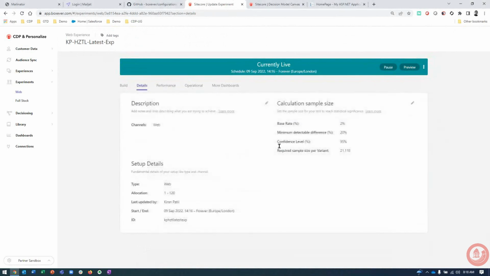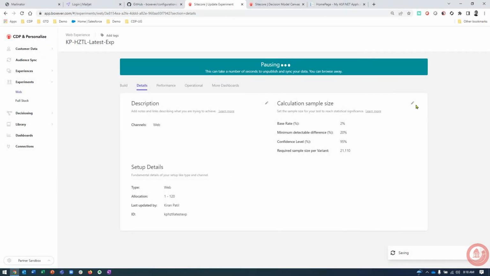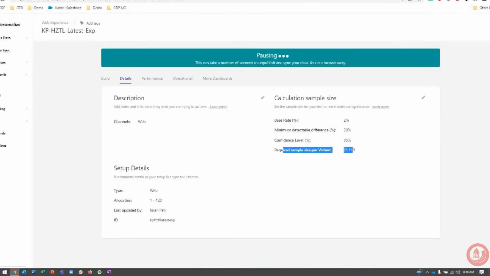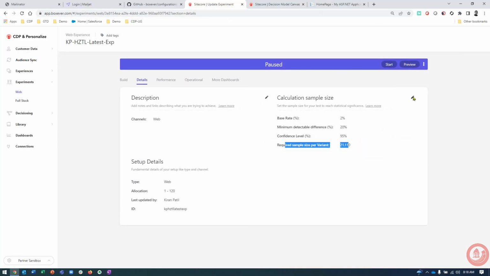And as I mentioned, you can configure the calculation sample size. You got all the control here, where you can select the base rate and MTD value, confidence level, and then it also says how many samples, like I need 21K sessions to reach a conclusion with this experiment. And if you want to change that,